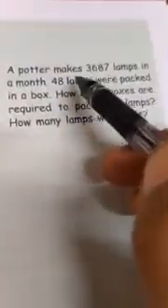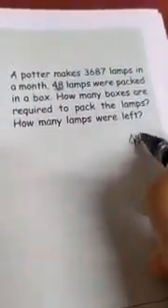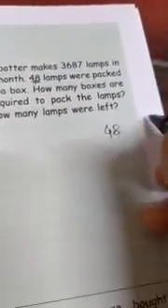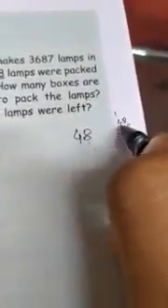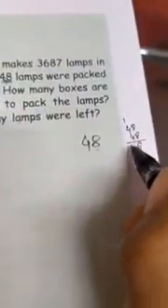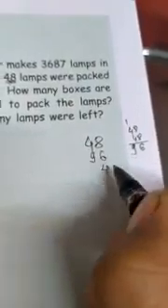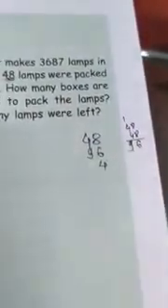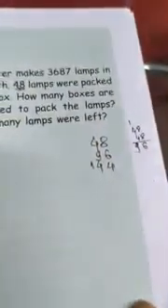Now see, the second one you have to solve by yourself. The third one also you solve by yourself. Only in the third one, what you have to do is make a table of 48. And you know how to make a table? Suppose 48 plus 48. You can do 48 plus 48 here, otherwise do it separately. 8 plus 8 is 16, so 6, and 1 is here. 4 plus 4 is 8, and plus 1 is 9. So 96. Next, add this one: 8 plus 6 is 14, 4 is here, 1 will be carried. So 4 plus 9 is 13, and plus 1, 14. In this way, you have to make a table of 48, and then easily you can solve this problem.